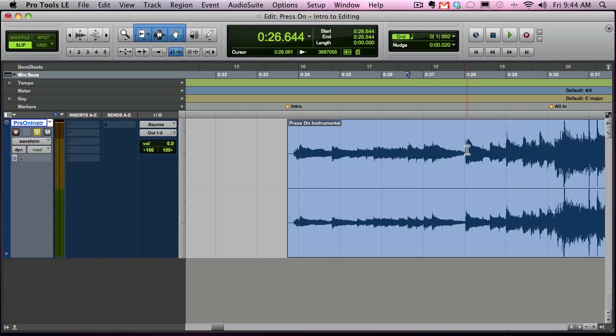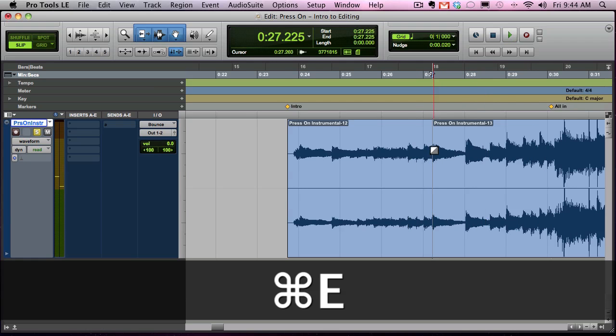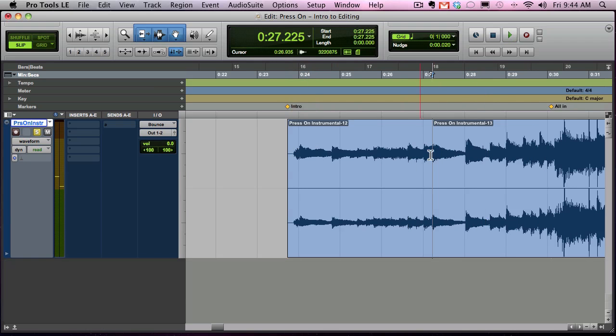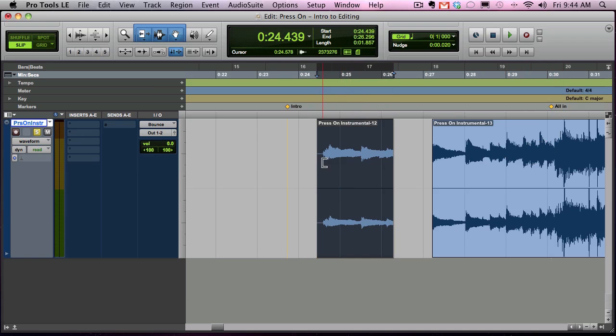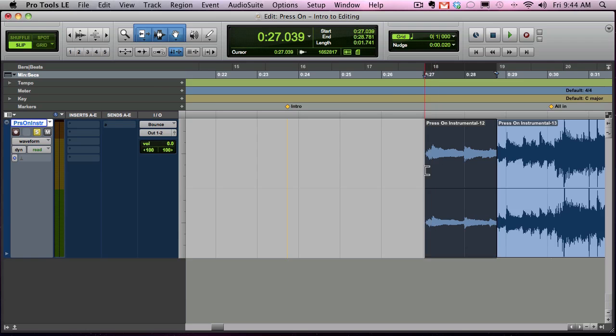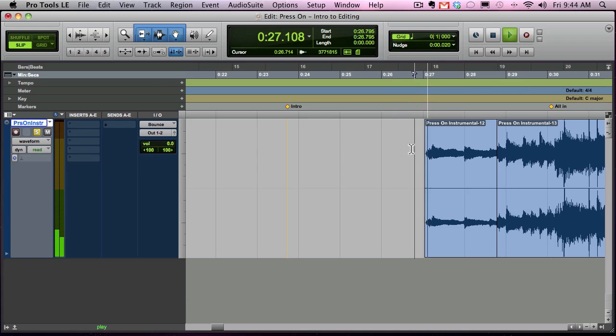Okay, so here's the beginning of that second bar, but we want this to be there. So let's just take the first half of this one and put it there so that the last half where it gets louder is still there as well. So we'll move this over. We want that beginning downbeat to be right there. Okay. So now we've got